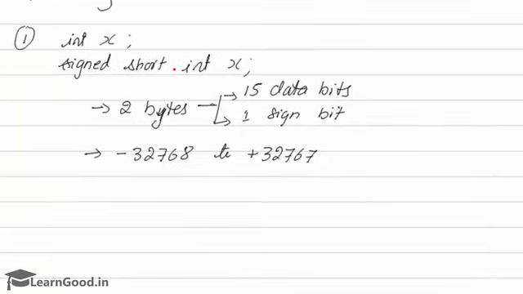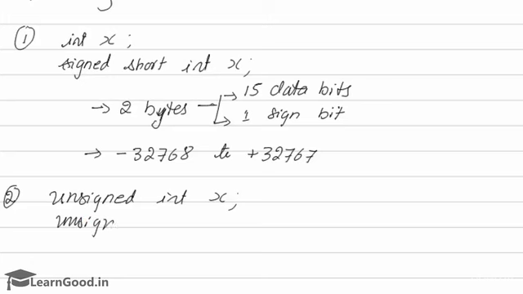So assume that I do not have any negative numbers. I want all 16 bits to be used as data bits. That can be achieved by applying unsigned. You can just give it as unsigned int x. In this case you have mentioned unsigned, so instead of taking signed, it automatically takes unsigned. And you didn't mention whether it is short or long, so by default it will take it as short. That means overall it takes it as